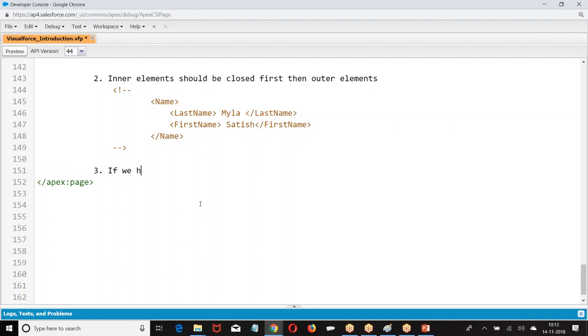We can define the properties for the elements. How do you define the properties? Now every element will have some properties. Let us say I have taken college name.